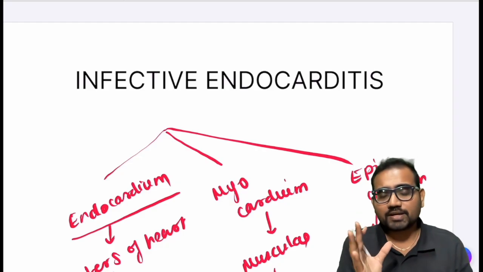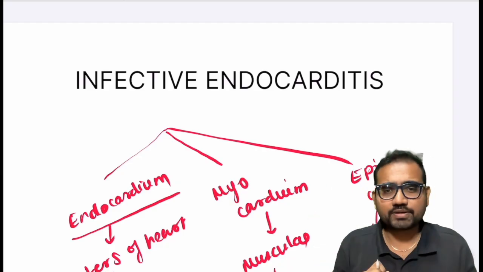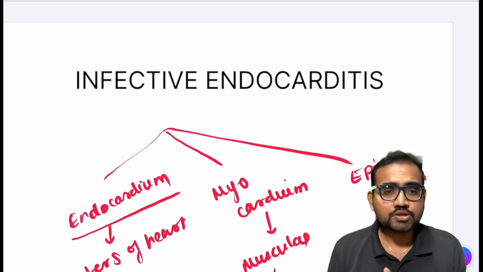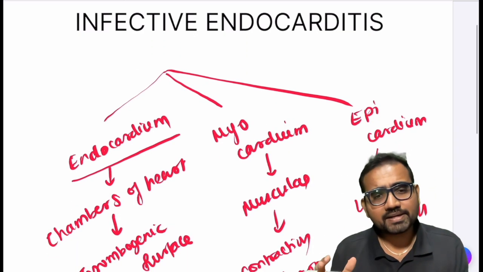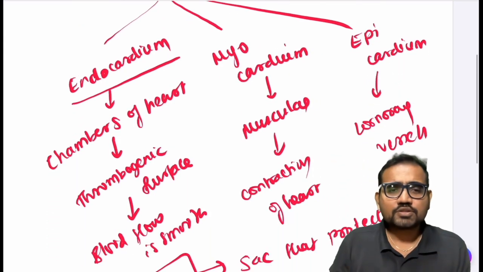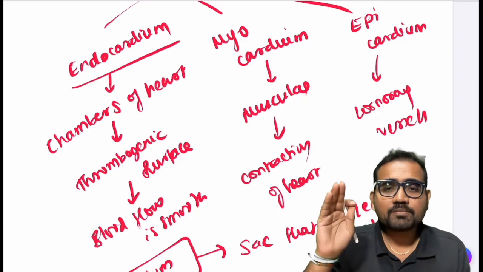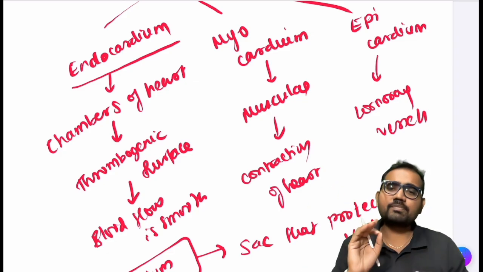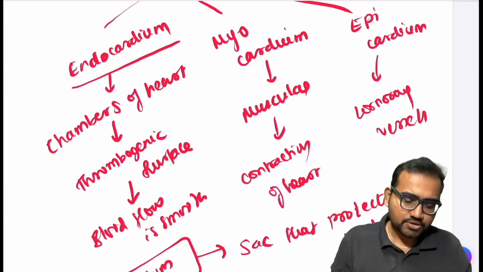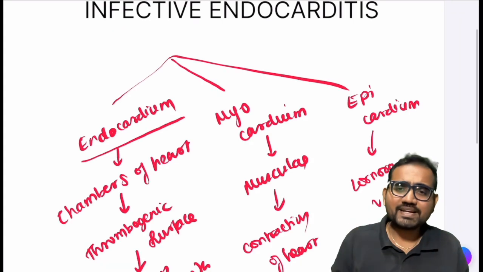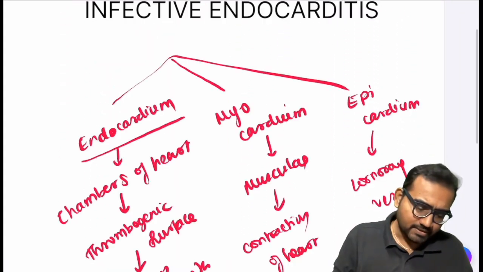Now you will come to understand that the endocardium is getting affected, the endocardium is getting damaged. So there is some abnormality in the thrombogenic surface. So there's going to be some abnormality in the blood flow. This is the very basic of infective endocarditis. So what happens in certain diseases? Okay, in certain diseases, say for example,